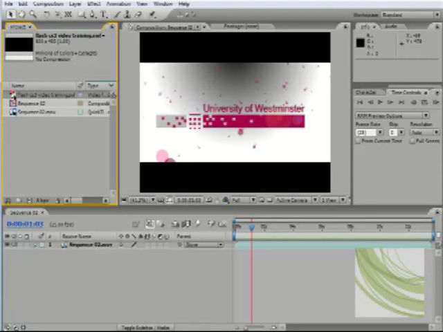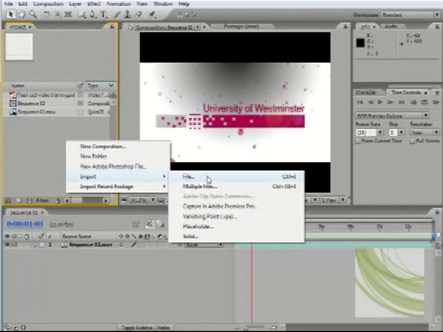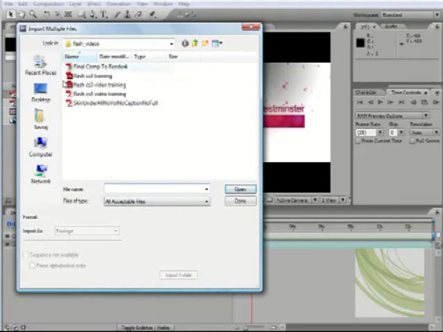All we then need to do is drag that file over there, but I'm not going to do that yet, as I want to import a few more files. Notice that I basically closed my window. However, if I wanted to open a few more files and continue to do this, a better way would be to import multiple files. If I right click and go to import multiple files, it now gives me the option. So if I select that again and select open, it's going to give me another option to import another